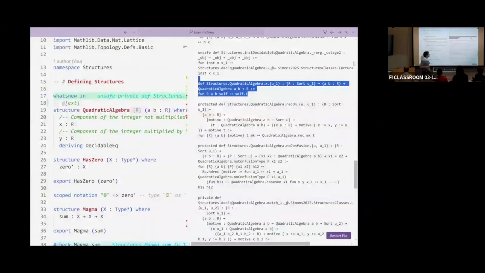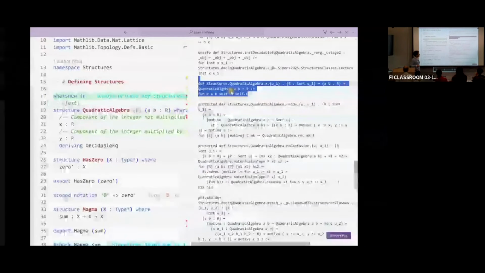You give yourself R, then you give the two elements A and B in R, and you give yourself a term in the quadratic algebra attached to R defined by A and B. This function provides an element in R. In other words, for each A and B, I have the x coordinate function, which is a function going from the quadratic algebra attached to A and B to R. This is what a coordinate function does, right?